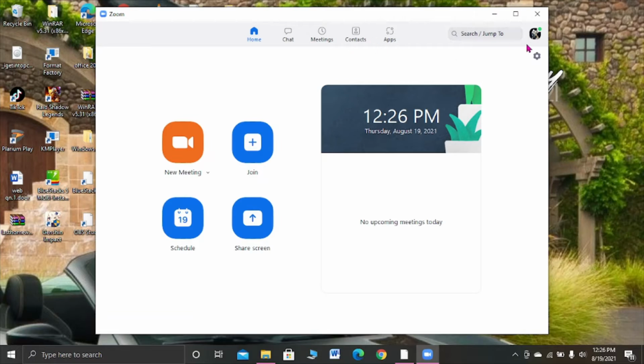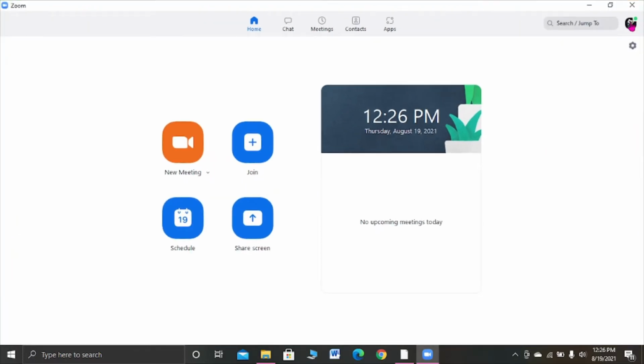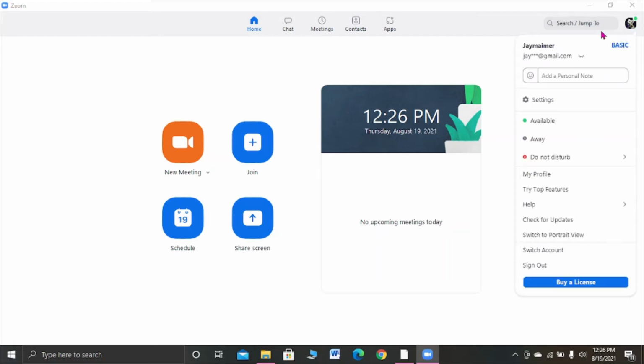Then you click this icon here in the corner, the one with the profile. So you go to settings,